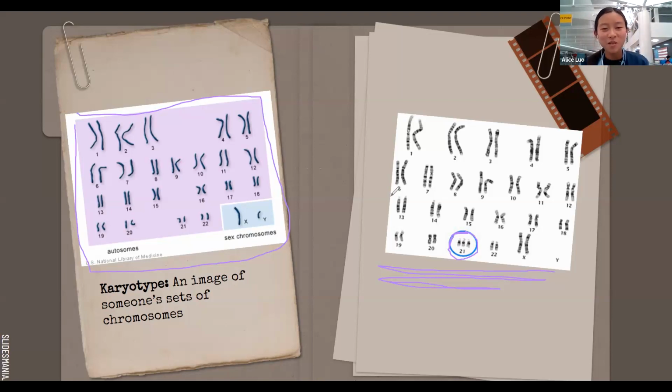Yeah, they're called sex chromosomes because they decide what sex you are, like girl or boy. Not much, but the 21st chromosome here, there's 3 of them. So this might happen because of